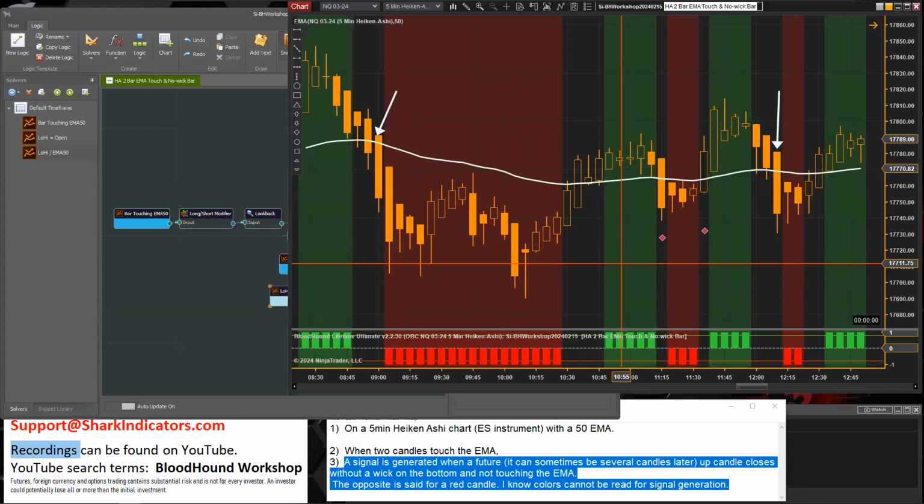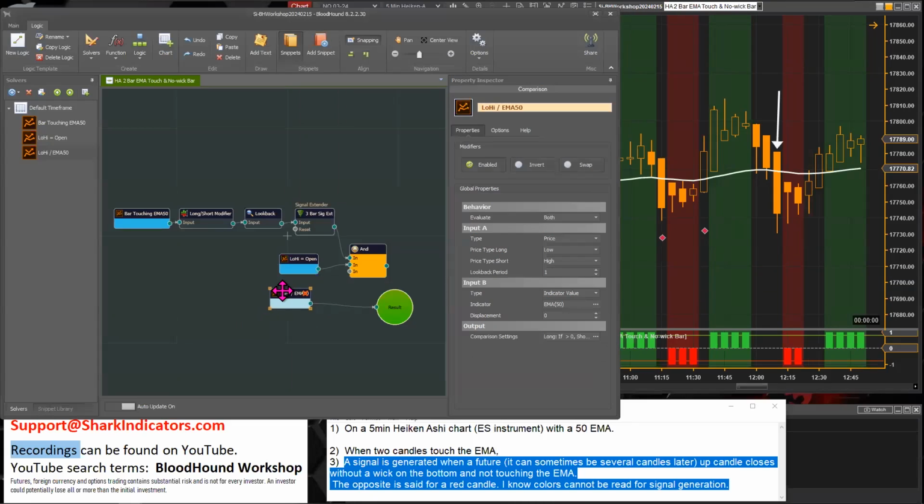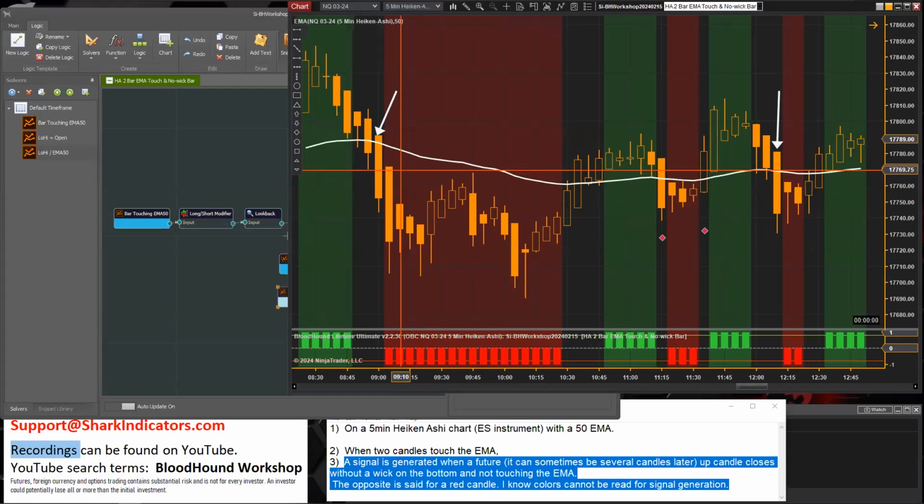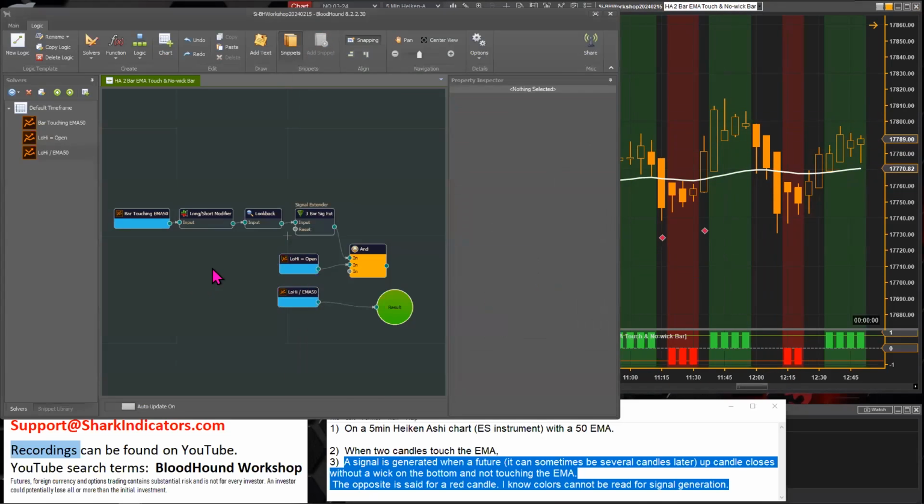And there we go. So the reason why I went with adding a new comparison solver here is that visually, this makes a lot more sense to people, right? So obviously we are looking for short signals if the bars are underneath the EMA, and we're looking for long signals if the bars are above the EMA. So that is a little more intuitive to look at visually, versus that function node, which gave us a